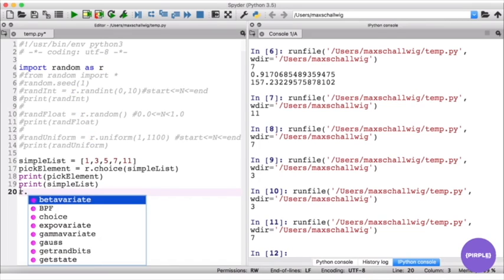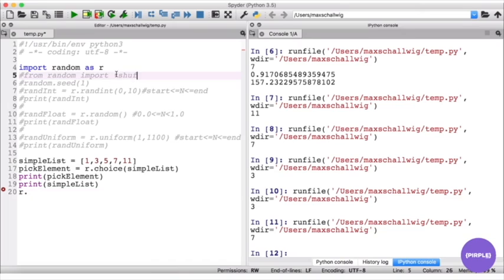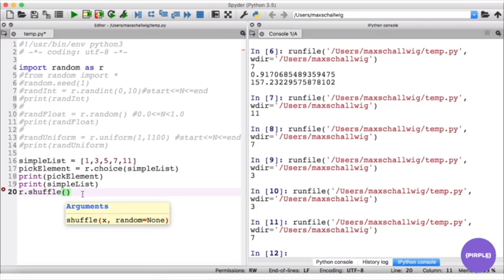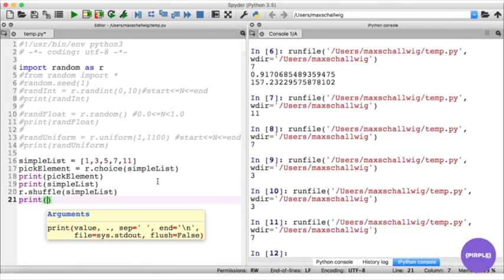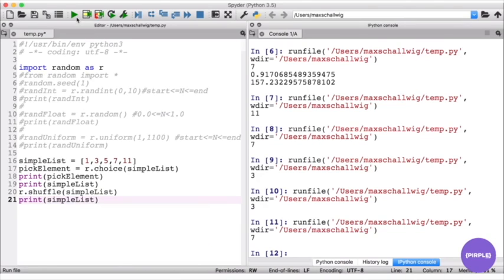And so we're going to go inside R, which is random, since we imported random as R. And here we're going to access the shuffle function. And inside of the shuffle function, we're going to put in the thing that we want to shuffle. So we're going to put in our simple list. And what this is going to do is just shuffle it up for us. So if we print out our simple list now, and if we run our code, what we're going to see